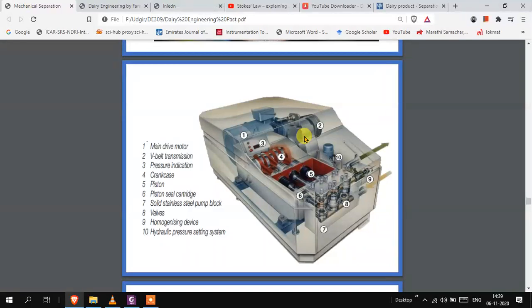ये भी एक तरह का हाई प्रेशर पंप होता है जिसमें बहुत सारा प्रेशर हम डेवलप करते हैं, जनरेट करते हैं, और उस प्रेशर के थ्रू हम क्या करते हैं कि हमारा जो मिल्क है, ये हमारा कोई आइसक्रीम मिक्स भी है, उसको हम फोर्स करते हैं थ्रू अ वॉल, एक वॉल होता है उसमें उसको फोर्स करते हैं, और जो वॉल होता है उसकी जो ओपनिंग्स होती है वो बहुत ही स्मॉल होती है, स्पेसिंग होती है उसके अंदर वो बहुत ही स्मॉल होती है।